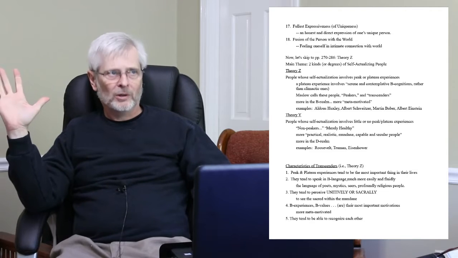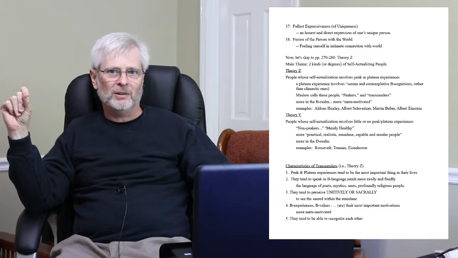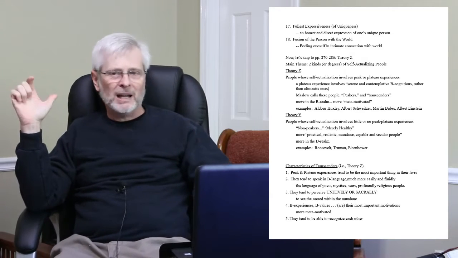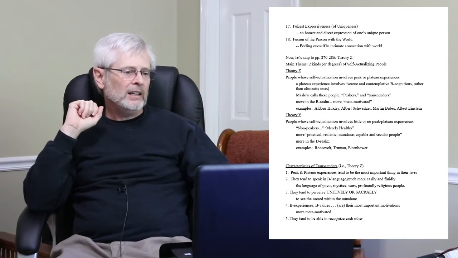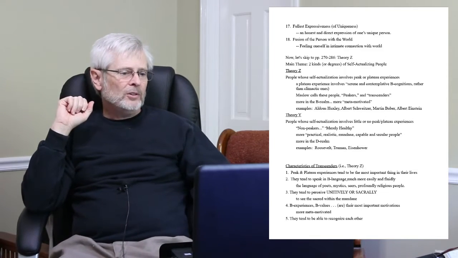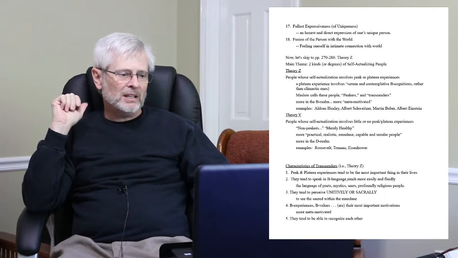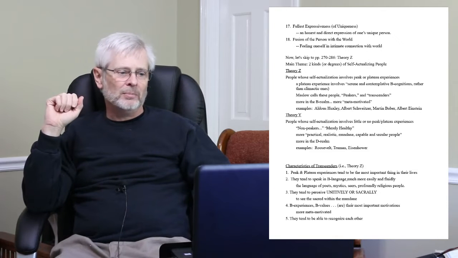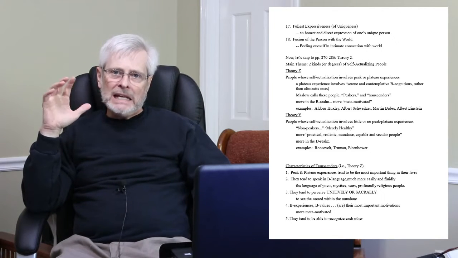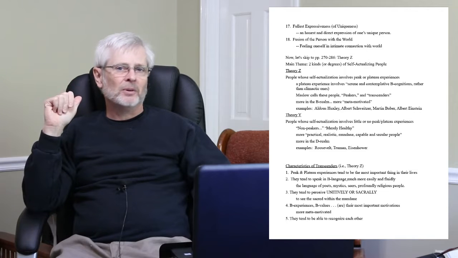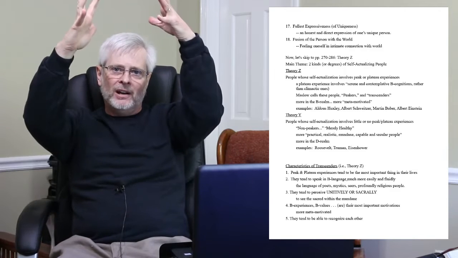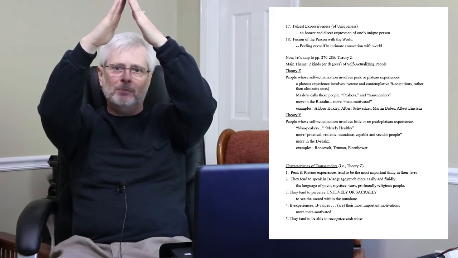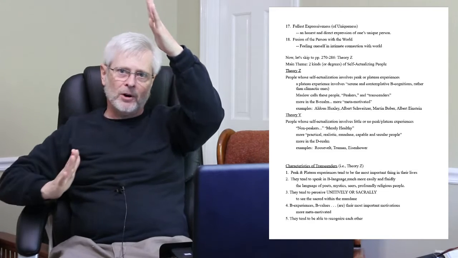Okay, so here we're introducing a variation on peak experiences. You already know what peak experiences are from earlier videos. But a plateau experience, and here's how Maslow describes it, has to do with serene and contemplative B cognitions rather than climactic ones. Okay, so here's how to get a handle on what a plateau experience is. Like a peak, think of it in terms of topography. A peak is like a mountain, a high mountain that rises up very suddenly and has a very pointed peak to it, and then it falls very suddenly too.